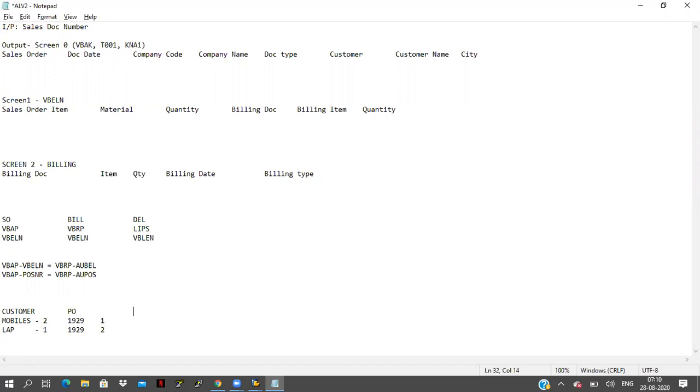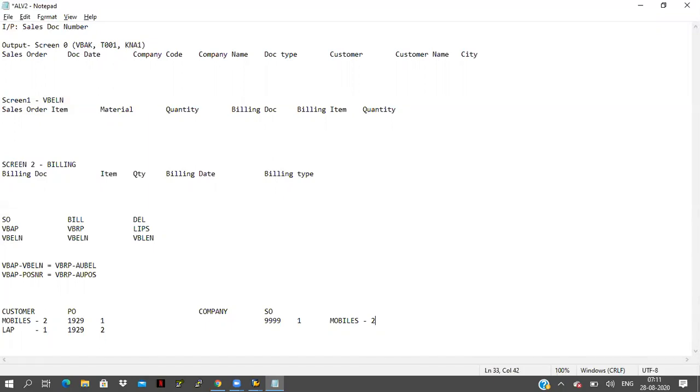Now coming to the company reference. Here they will generate an SO. Based on this PO they will generate one SO. So here the SO number equal to 4999, and item number 1 is mobiles, mobiles 2.